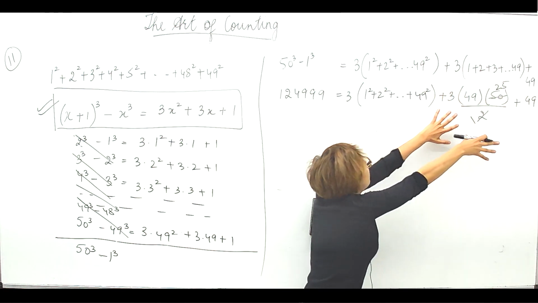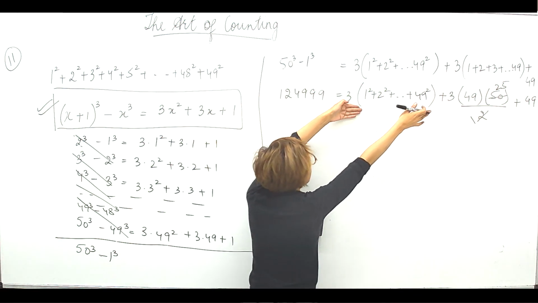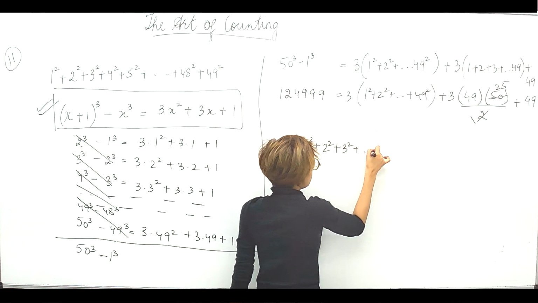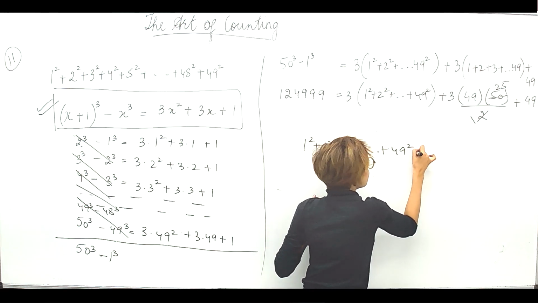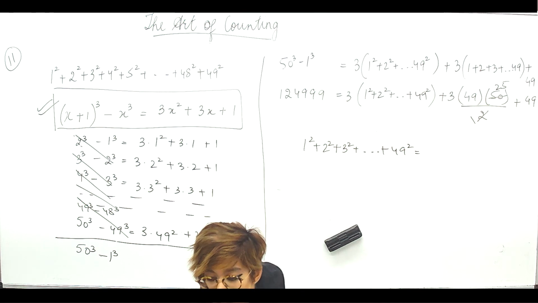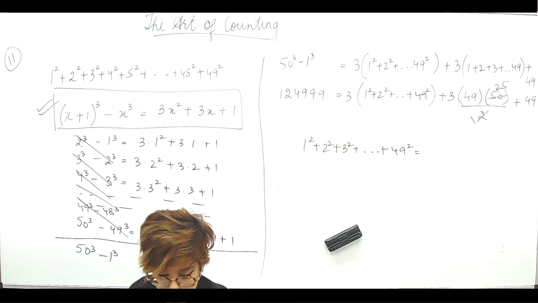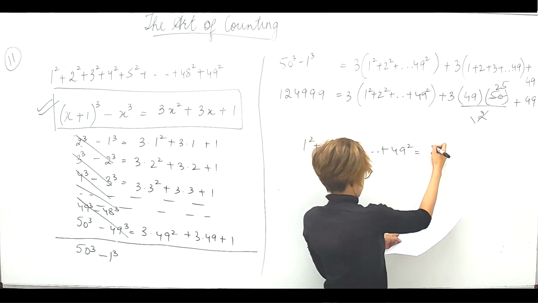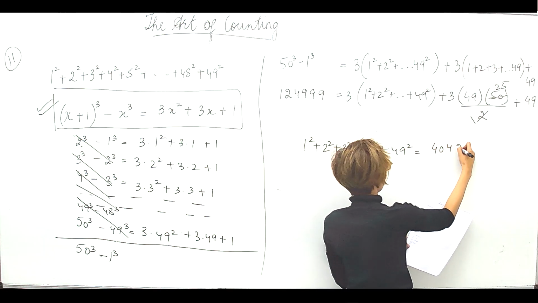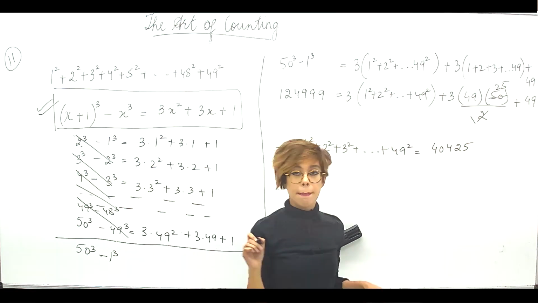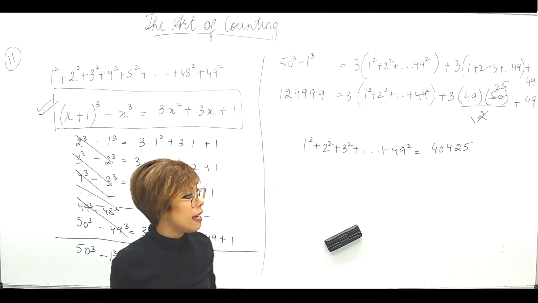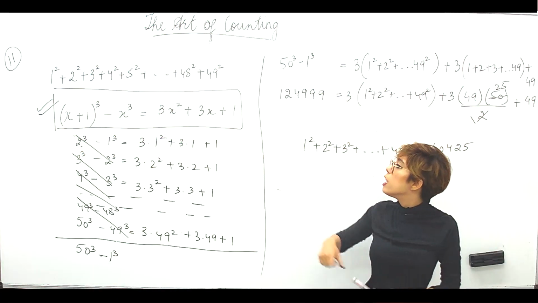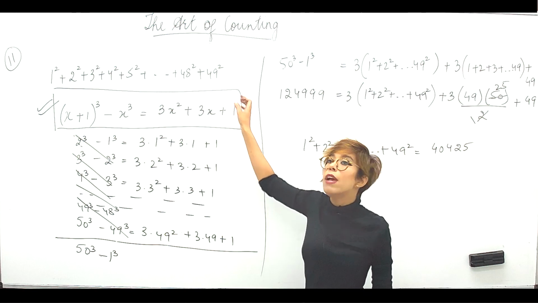Now put this value, transpose, and you will get the value of 1 square plus 2 square plus 3 square plus so on till 49 square, which will turn out to be 40,425. Right? Now, in this question, there was a very interesting thing, that was the use of this identity to evaluate